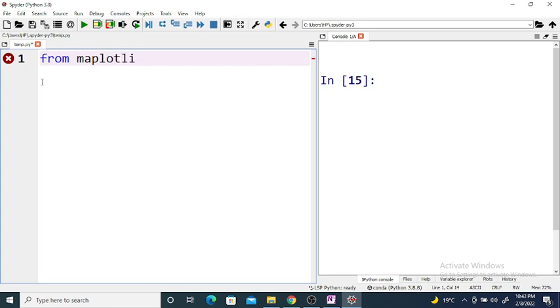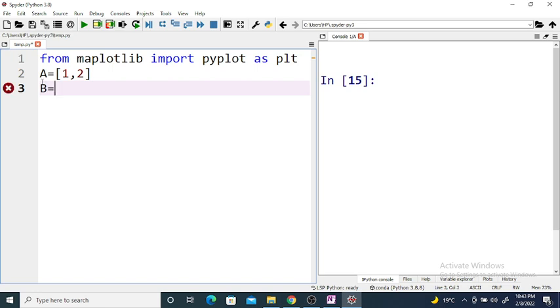For example, here from matplotlib import pyplot as plt, and consider the first point a is equal to 1, 2 and b is equal to, say, the second point: x is 1, y is x is 2 and y is 1 and y is 2. Okay, and if we write this as plt.plot(a, b),